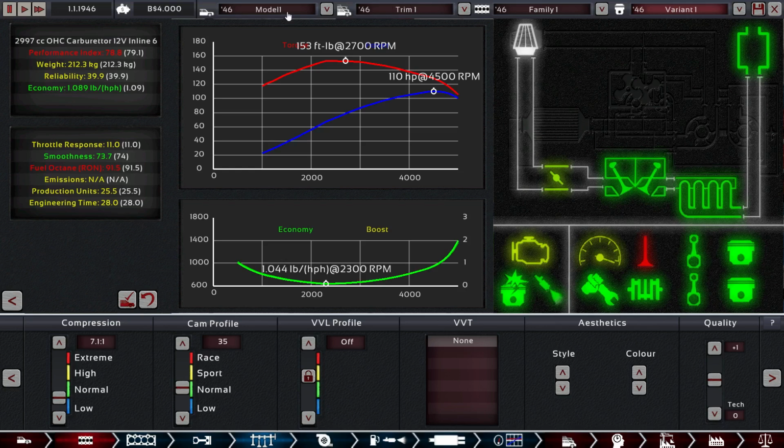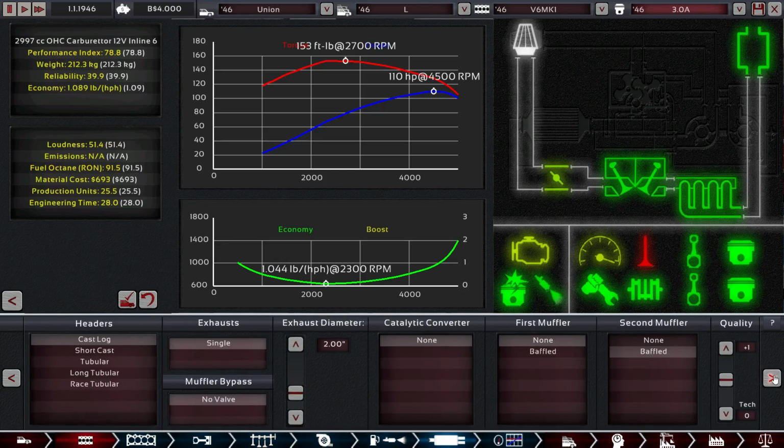So I suppose we should really give this a name now. So this will be... What's a word for family? The Union! Union! Trim 1. The engine. It'll be a... It's our MK1. It's our V6 MK1. That's what it is. Variant 3.0 B. 3.0 A, that makes more sense. I was thinking more of base, but A makes more sense. So,